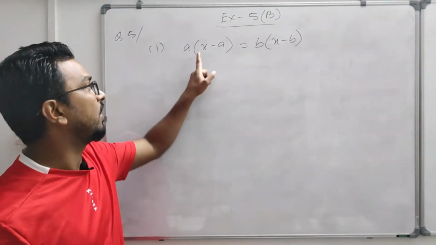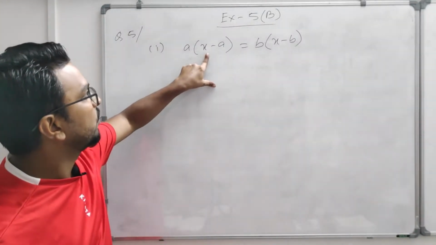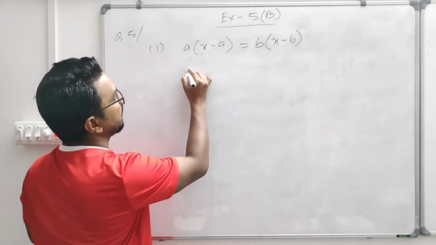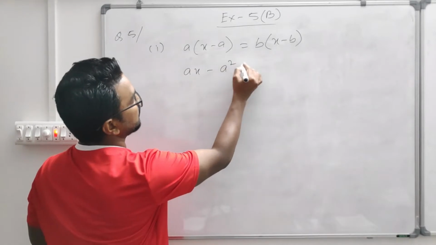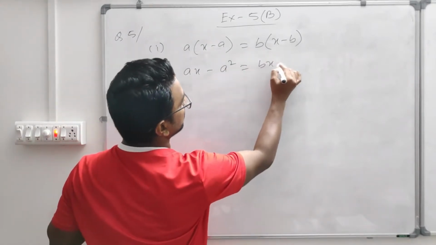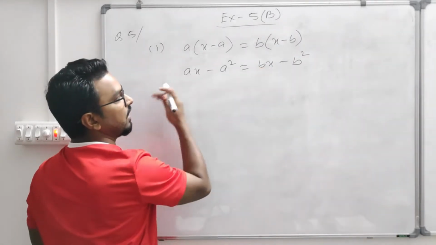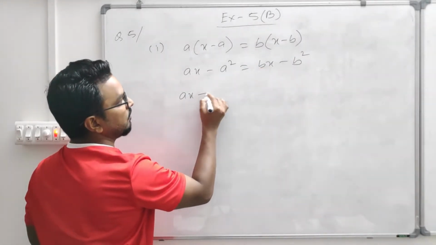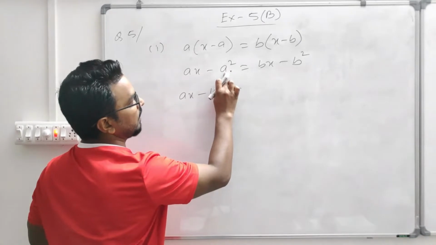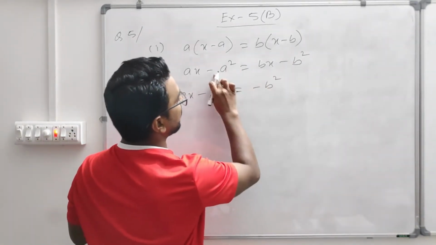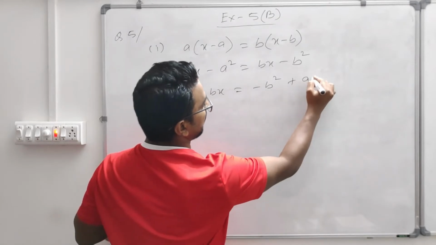You have to find the value of only x. Okay. So what we'll do, we'll open this bracket first. So if you multiply, you will get ax minus a square, b into x bx, b into b b square. Okay. So you bring this x term to the left hand side. So ax minus bx, and if you take this to the other side, here what is left? Minus b square is left. If you take this to the other side, it will become plus a square.